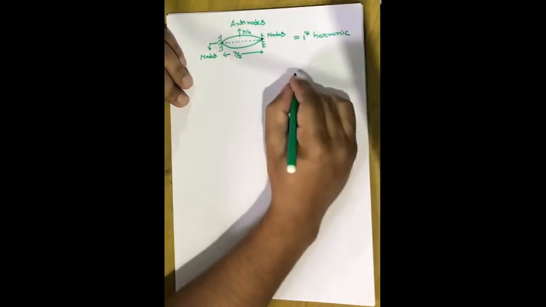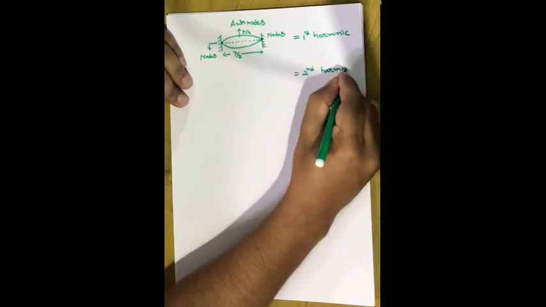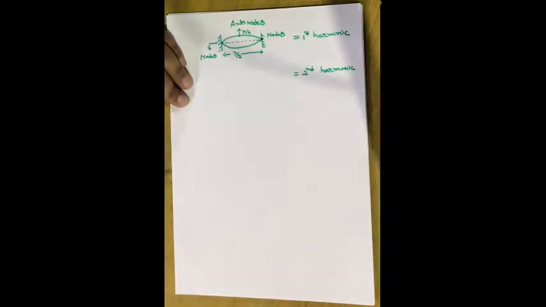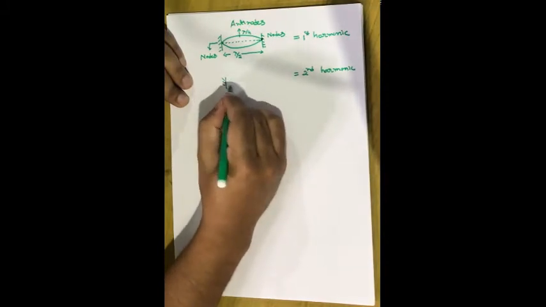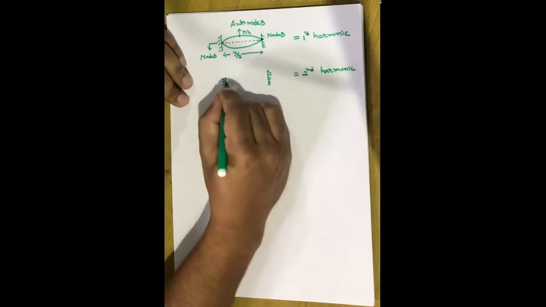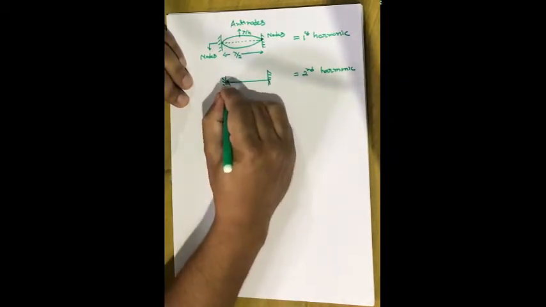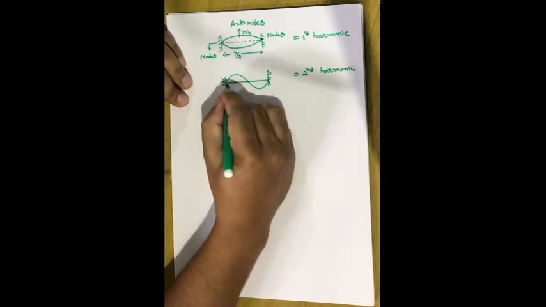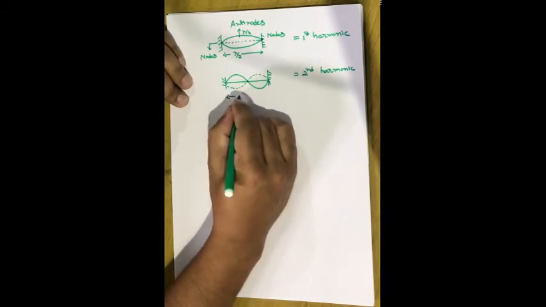And in the second harmonic, how much length of the string do we choose? It was lambda, right? So the length of the string in this case was lambda in order to excite the second harmonic wave. So the second harmonic was something like this. This length was lambda,